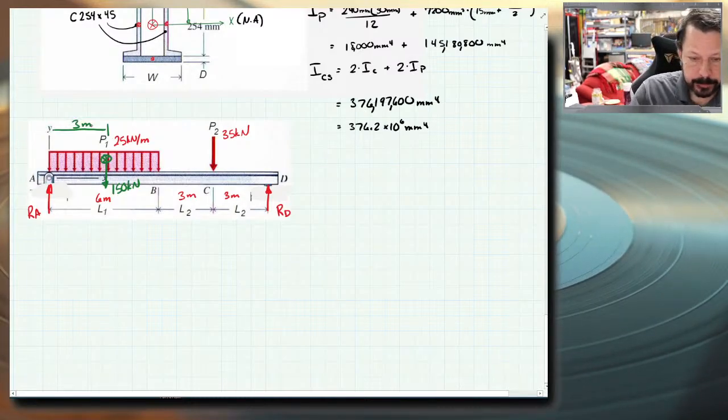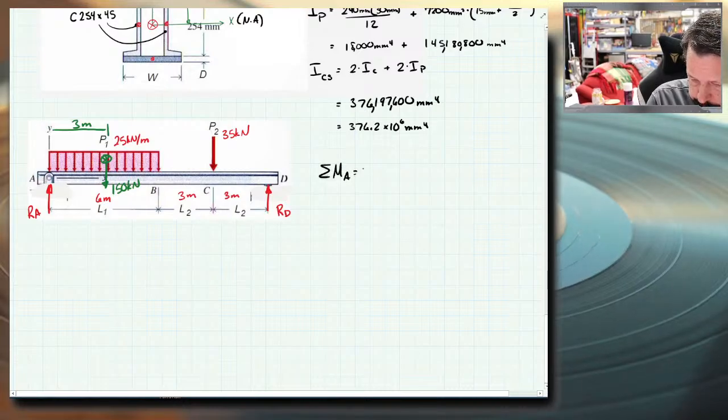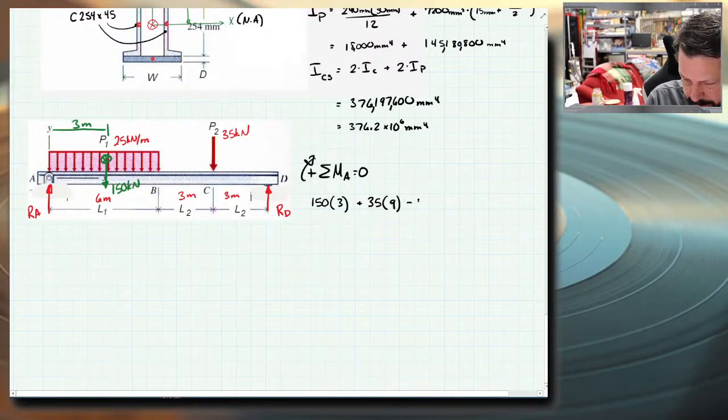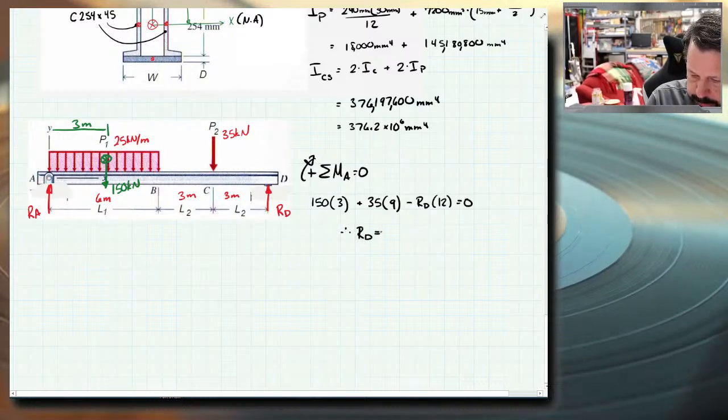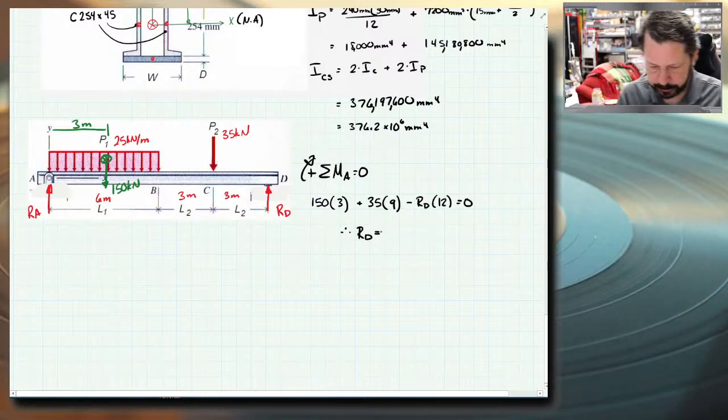All right. Let's write our summation of moments about point A. A is the pin on the left-hand side. And we've got 150. I'm going to leave the units off so that I can fit the equation on the screen, basically. They're all correct, they're all kilonewtons and meters, so we don't have any mixed stuff. 35 times 9 minus RD times 12 equals 0. Therefore, the reaction at D is a positive number, so we drew the arrow the right way. And the number is 150 times 3 plus 35 times 9, all of that divided by 12,